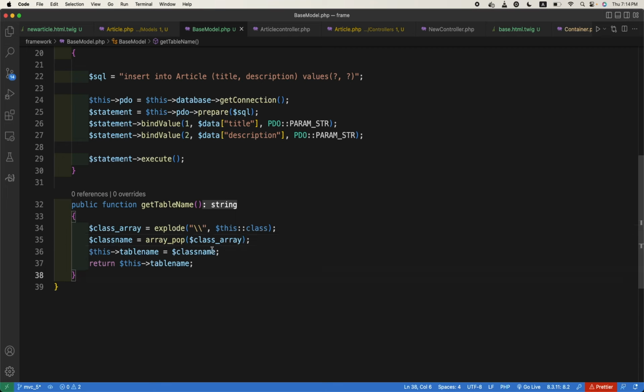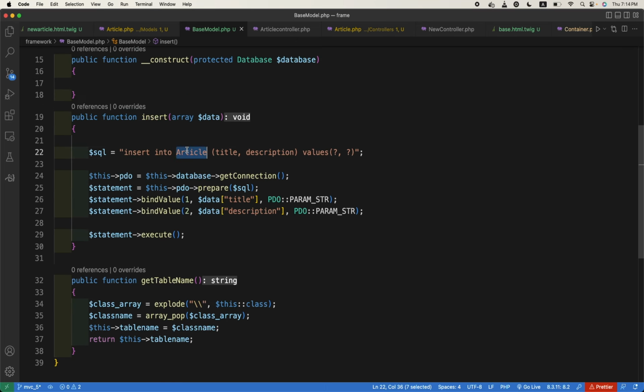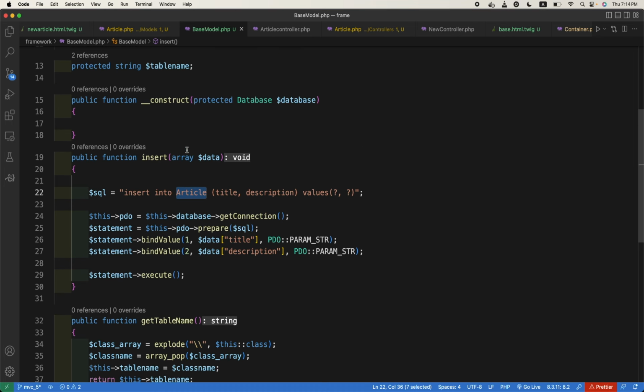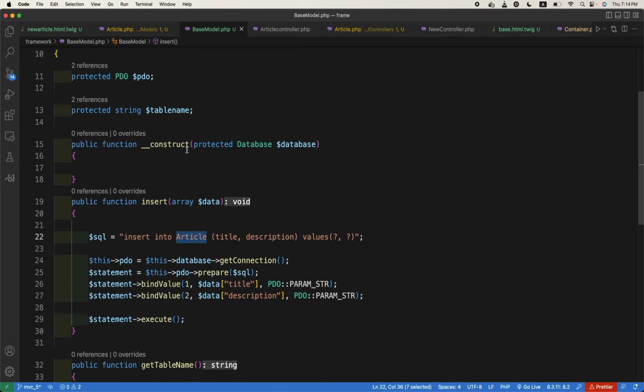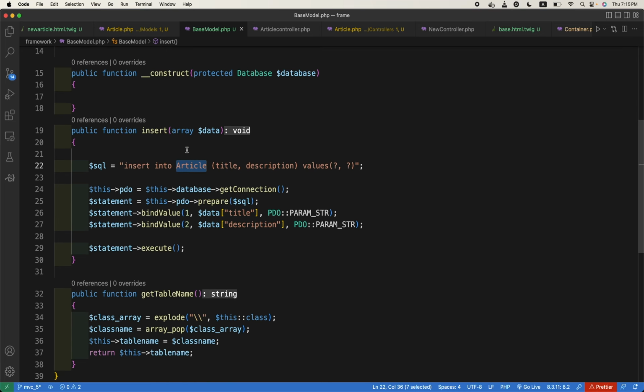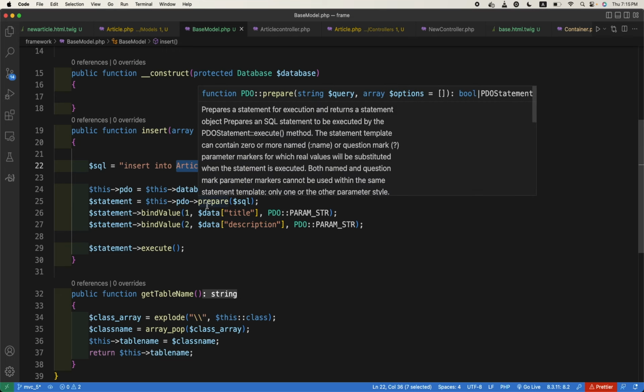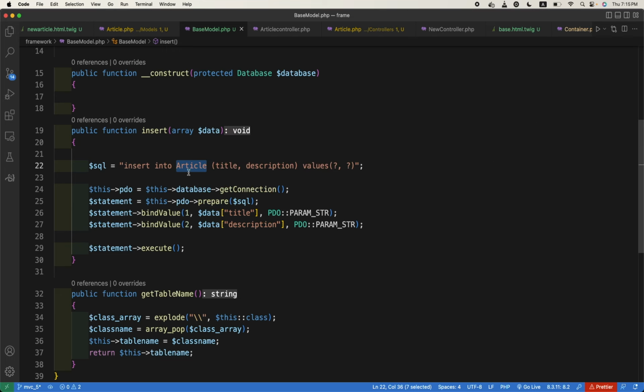Okay, this->table_name is the class name, and return this->table_name. Now in this query, what we can use is insert into table name. Table name, but with the dollar sign, this table. Yes, but we can call this method get table name. Insert into get table name